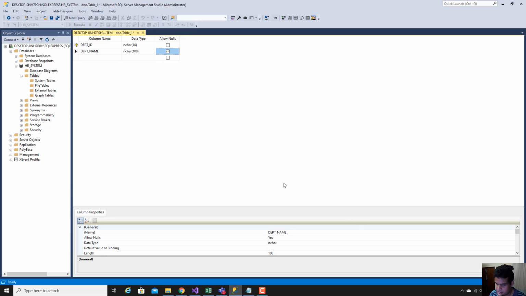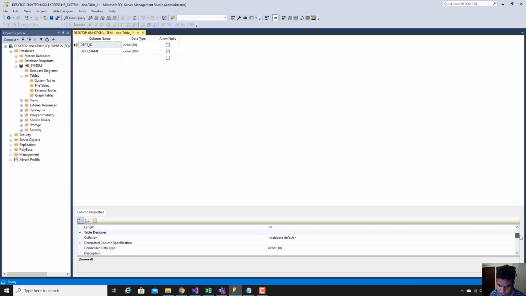So after that, you have seen that we have defined the two columns that we want in our database. You can view more information from here also.